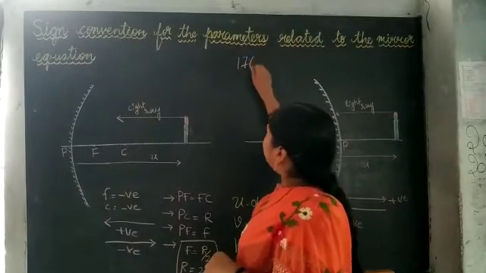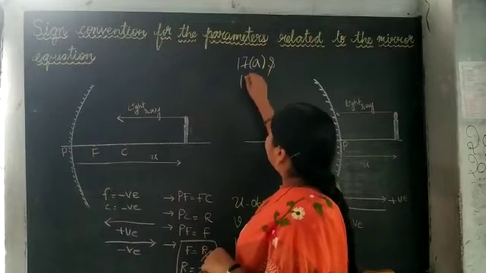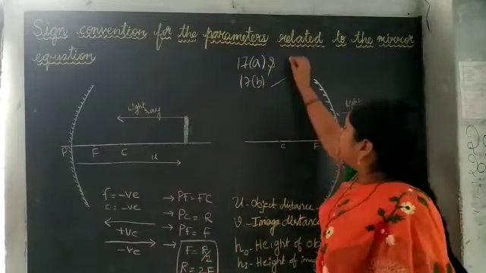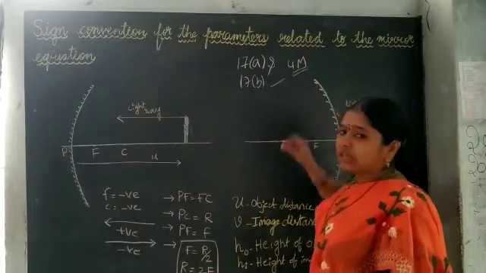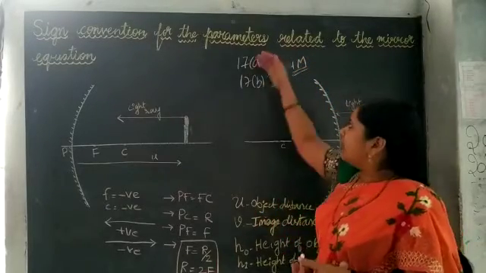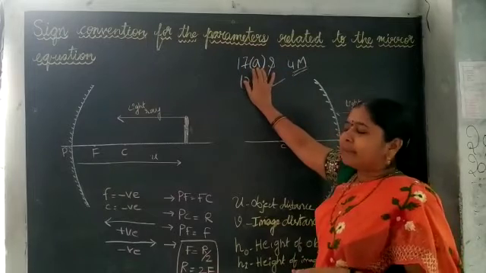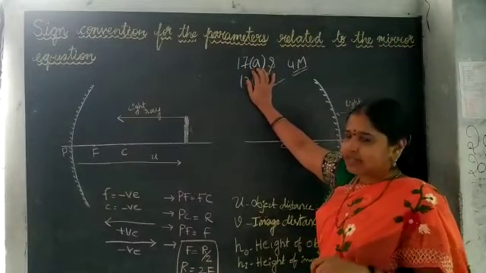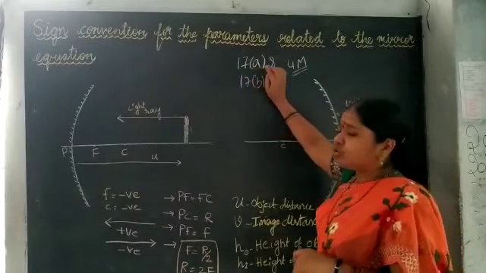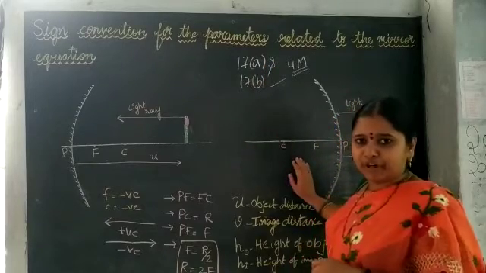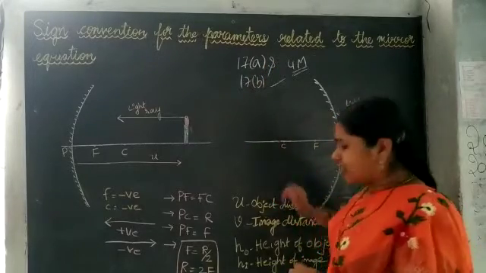In our question paper, 17th A and 17th B are allotted for the problems. This is a 4 marks problem, a compulsory question. Either A or B, both are problems. Most of the time they ask from optics. To solve those problems, these parameters are very important and essential. That's why concentrate here.